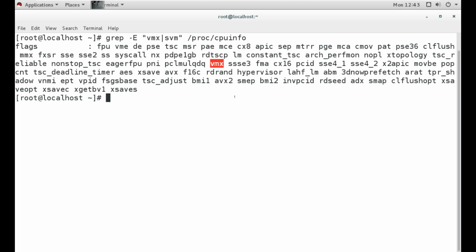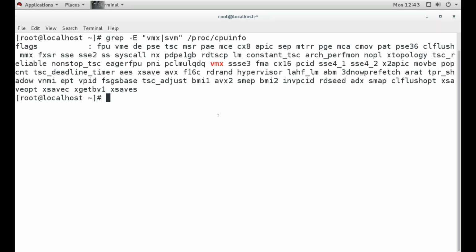That means now my processor supports this Intel virtualization, that is Intel VT. That means now I can create a virtual machine in this. So it is supported because I have enabled it in VMware, otherwise it is not supported.